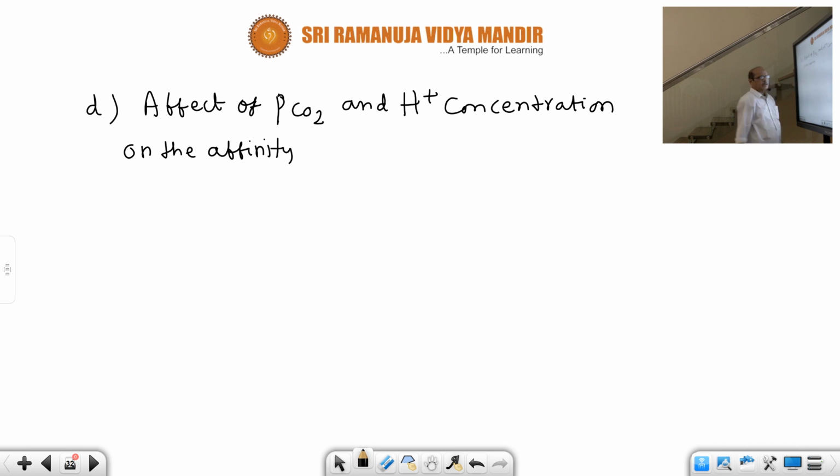This is on the binding capacity of hemoglobin, on the binding capacity of oxygen with hemoglobin, so on the affinity of O2 with hemoglobin. Write down like that. It is called